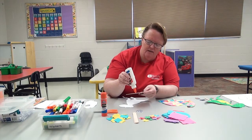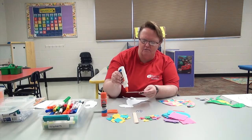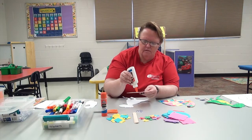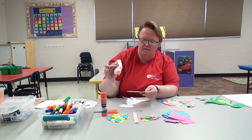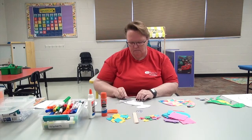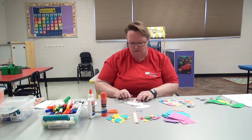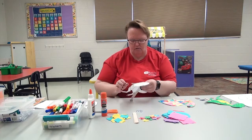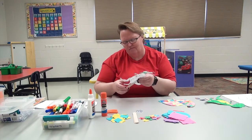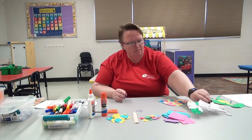All right, and I know how you guys like to use a lot of glue. You like to just spread it all out there so it's all gooey. You don't need to use that much glue. All right, just enough to stick. It'll stick. All right, got your stick, and now you're gonna glue him onto the back of your dinosaur, right? You wanna make sure it's all glued. If it's spurting out, it's okay. All right, and then once he's glued,